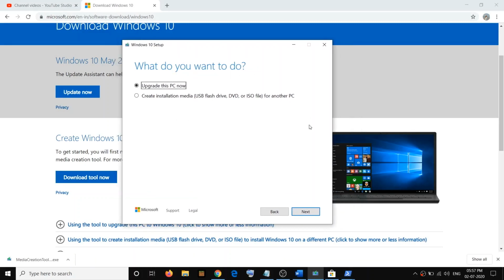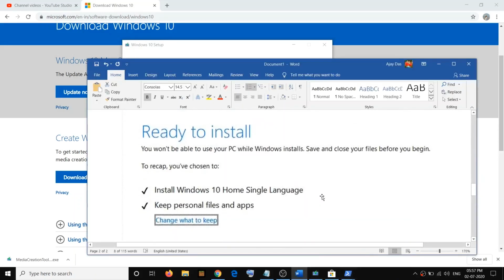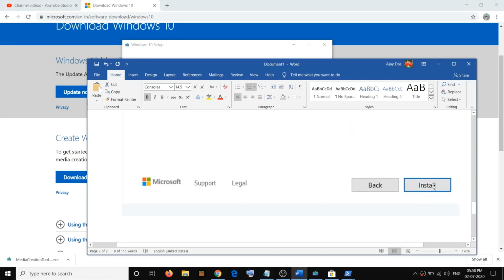Agree to the terms and conditions, then click on Upgrade this PC now, click on Next, and once the download is complete, this will take some time to download the complete Windows 10 file along with the latest update. Now once this is done, before installing Windows 10, it will show you this screen which says Keep Personal Files and Apps. By default, this option will be checked. When this is checked, you will not lose any data on the computer. Then click on Install,